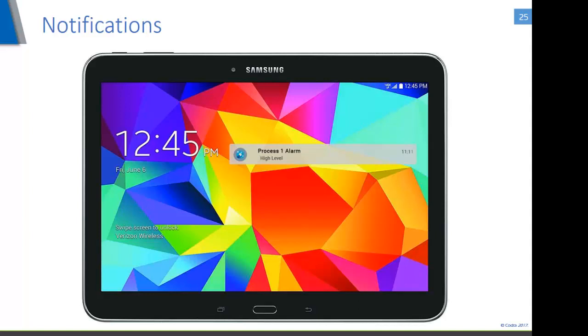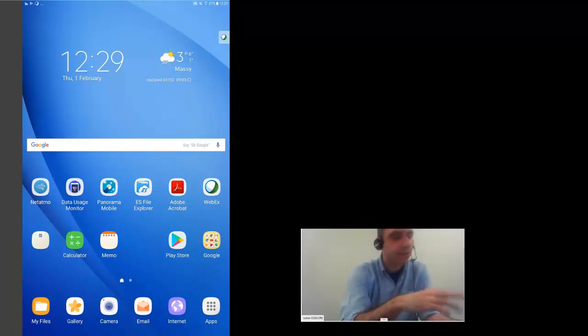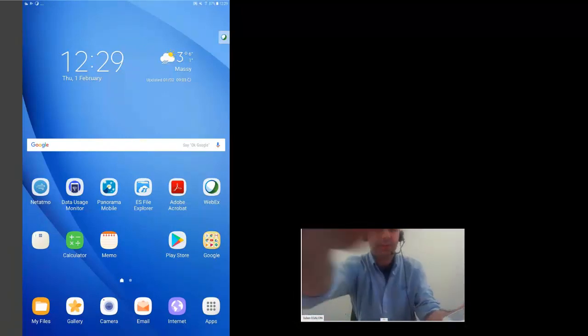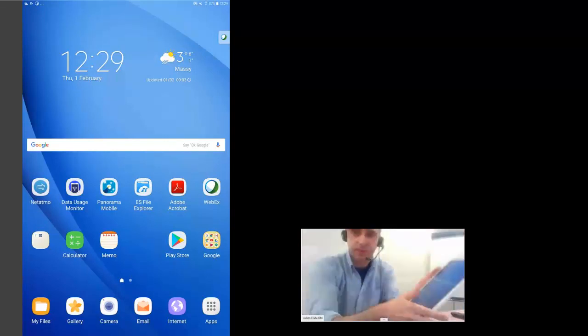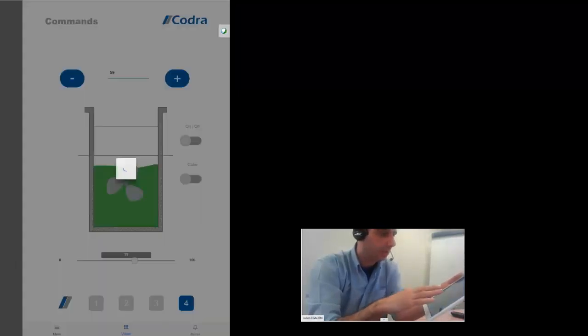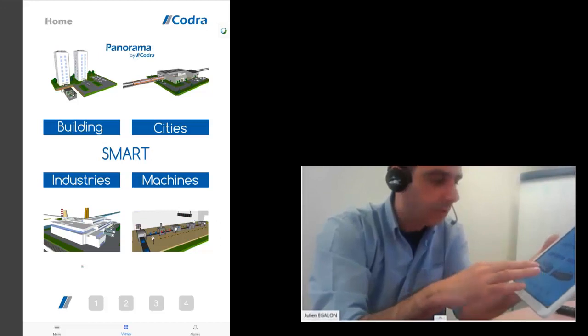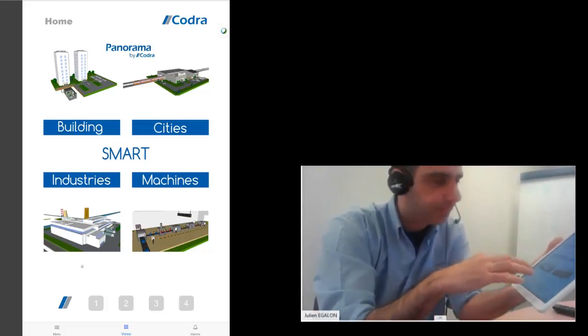Let's go. I need a few minutes to switch and to share the screen. So please wait a second. Sharing is started. Yes, you see the desktop of the Panorama software app, and we will see this application. So go back to the main view. As you can see, it's a live demo.